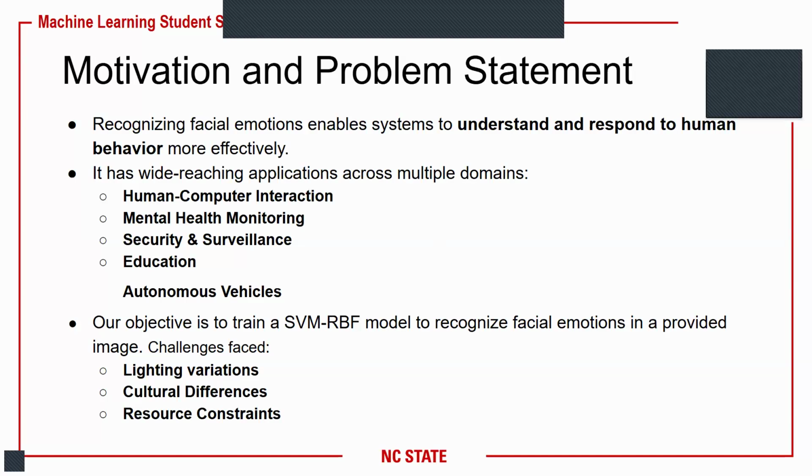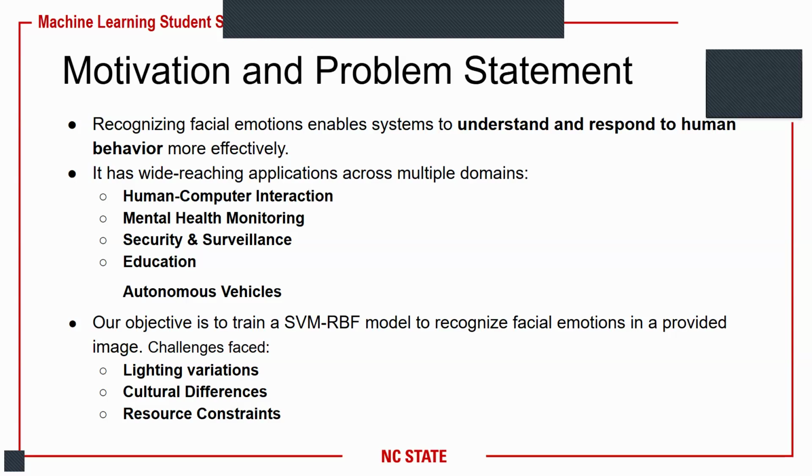We have listed some of these here, like human-computer interaction, mental health monitoring, security and surveillance, education, autonomous vehicles. You can think of a lot actually. Autonomous vehicles is especially something that we can use it in, especially with the advancements